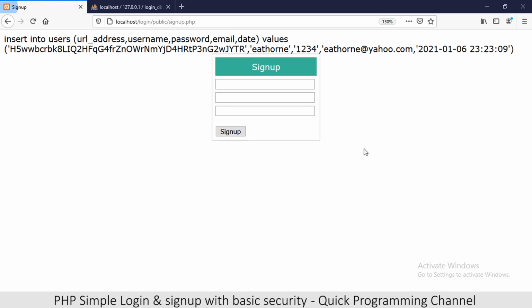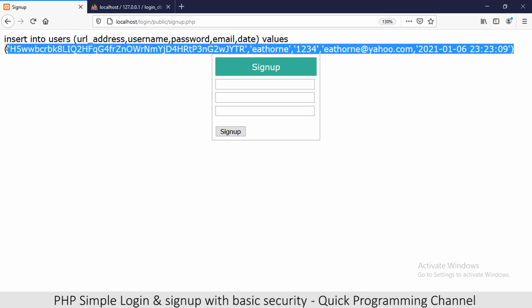So I'll refresh again, boom, and there's the query. We run that, and it comes here: values, insert into users. Here is the random string that was generated, boom. And then we have our username, our password, our email, and then our date. So everything seems fine, but in case you're wondering what the problem is,